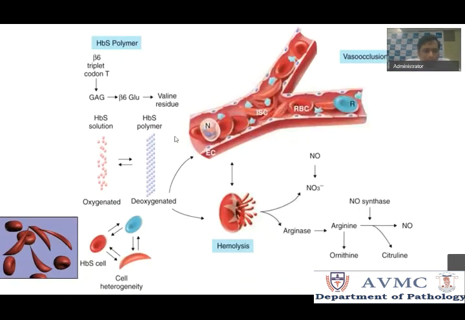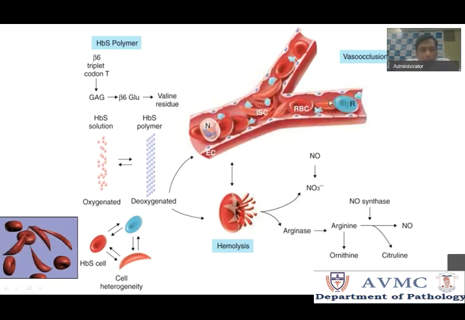So this again is theory. What happens in the deoxygenated state? The RBC turns sickle shaped. This is all happening because of replacement of glutamic acid by valine at the 6th position. So the normal hemoglobin HbA becomes HbS, which forms HbS polymers in a low oxygen state, and that leads to sickling and clumping. So this is about sickle cell.